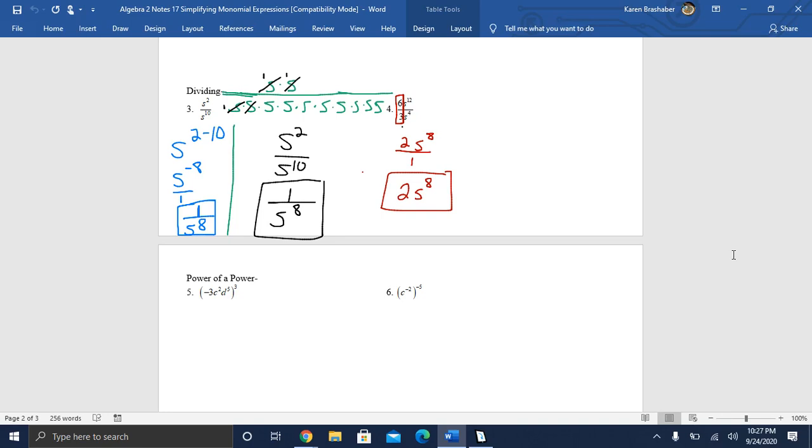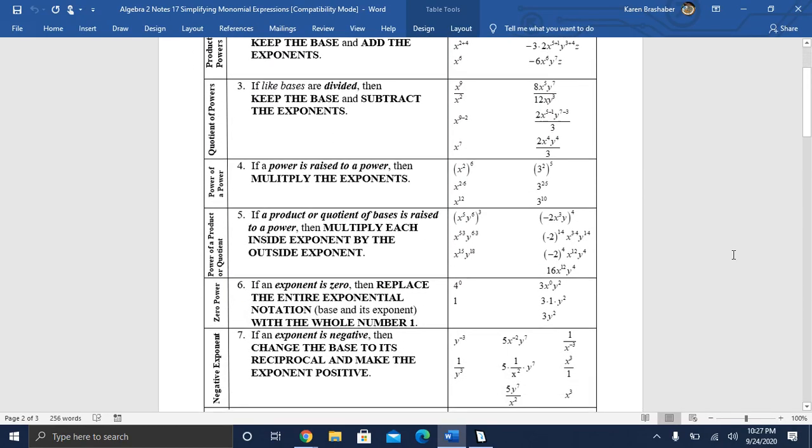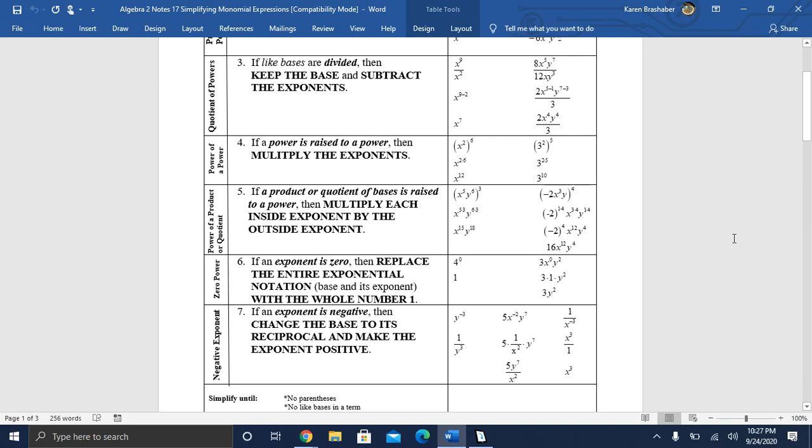Then we'll move on and look at a power of a power. So I'm going to take us back to our exponent rules at the top. Rules number 4 and 5 deal with taking a power and raising it to a power. And for these rules, we will multiply the exponents. So you'll notice here, the exponents will multiply. The base stays the same. The exponents multiply. If you have a parentheses with a power outside the parentheses, the exponent, you might think of